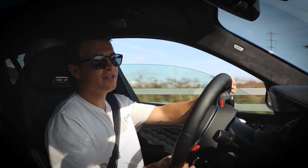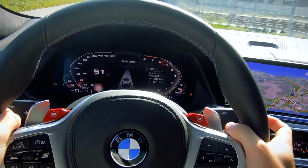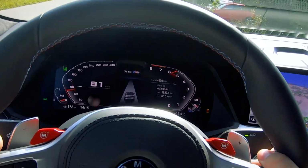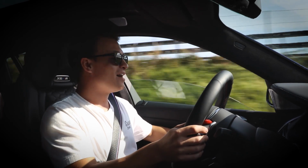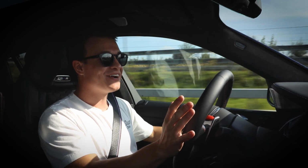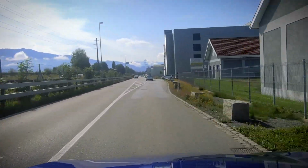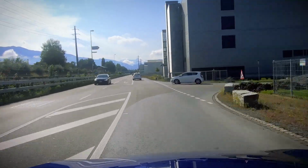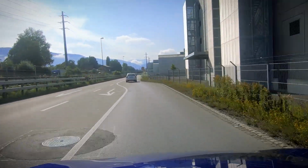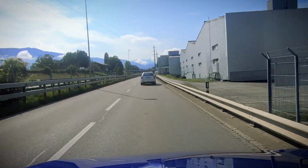Alright, so third gear, second gear here out of the corner. Okay, so it does really pull like crazy. I mean, we have 750 Newton meters of torque. From 0 to 100, this car should accelerate in only 3.7 seconds, which for a car that weighs 2.4 tons